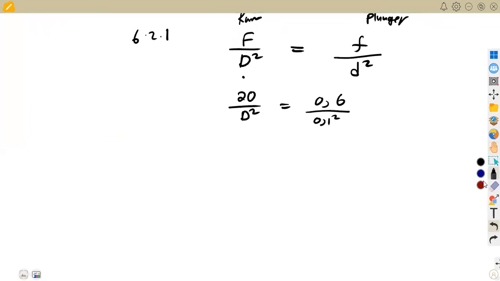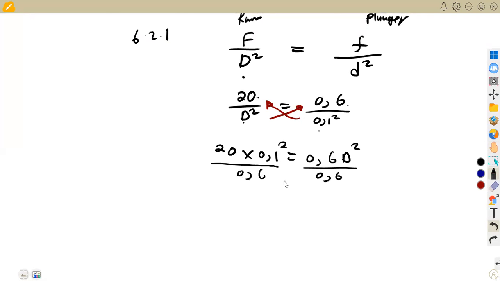So you can make d the subject by cross multiplying. That is going to be 20 times 0.1 squared is equal to d squared times 0.6, which is 0.6 d squared. Divide by 0.6 here, divide by 0.6, so that is going to cancel. So d is going to be given by, in order for you to remove the square, you're going to introduce the square root of this part. So our d was simply going to be the square root of this part, which was going to be